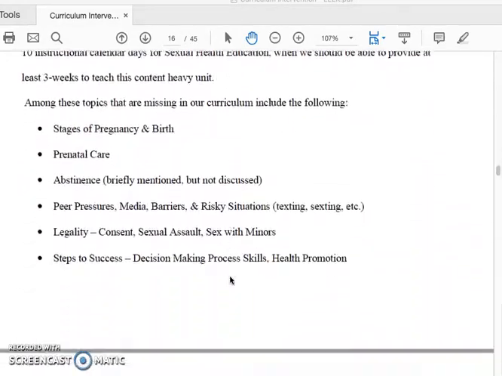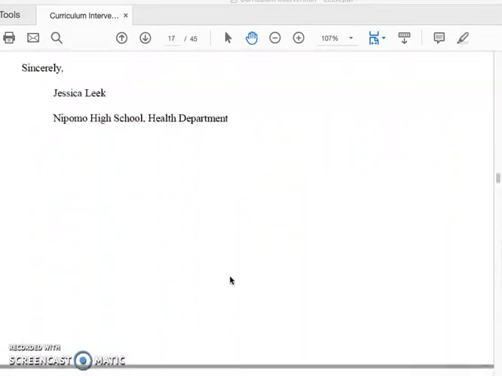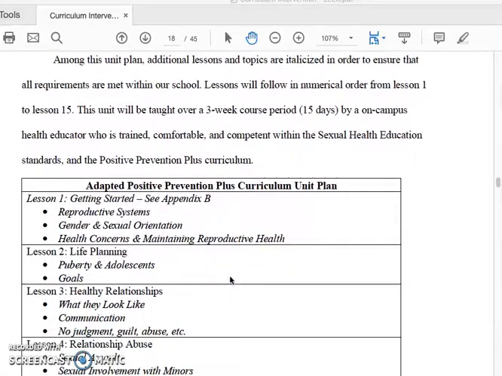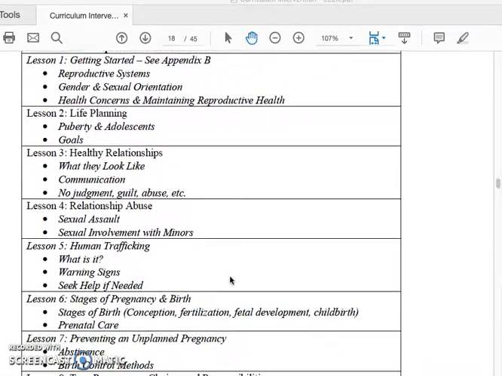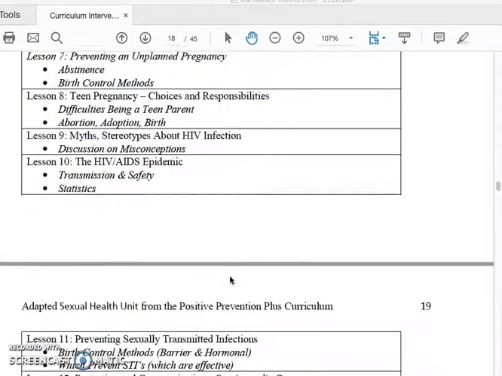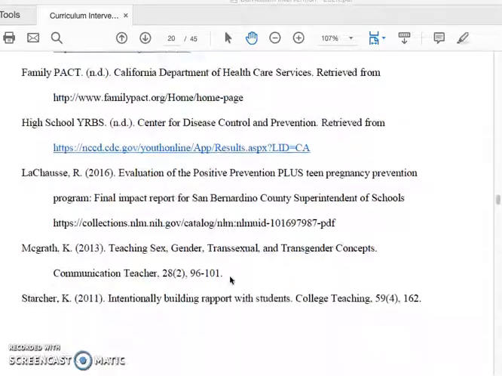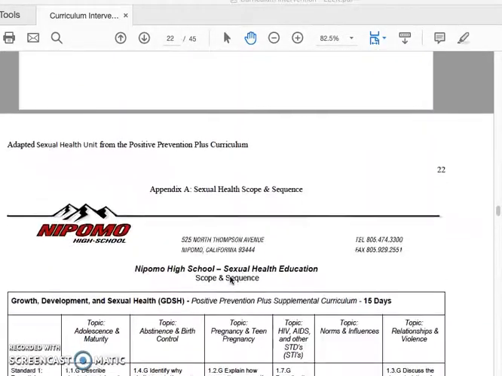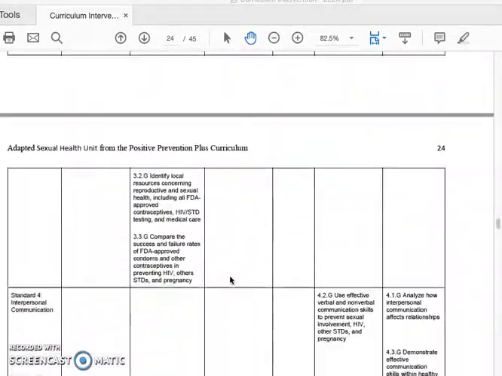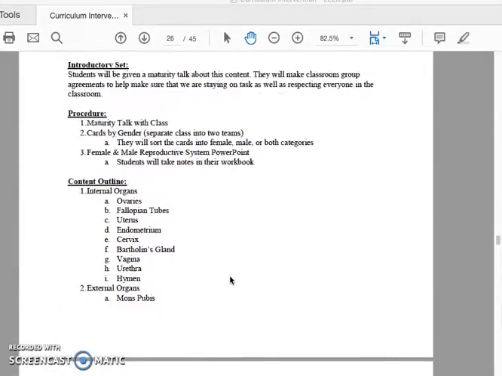And then my stakeholder presentation is the same, explaining the importance of it. This is my new adapted curriculum plan with everything that I would do within a 15-day lesson. And then I have some samples of lessons at the bottom after my scope and sequence,